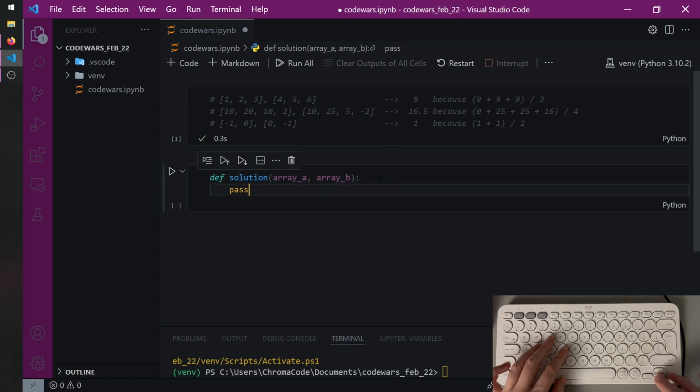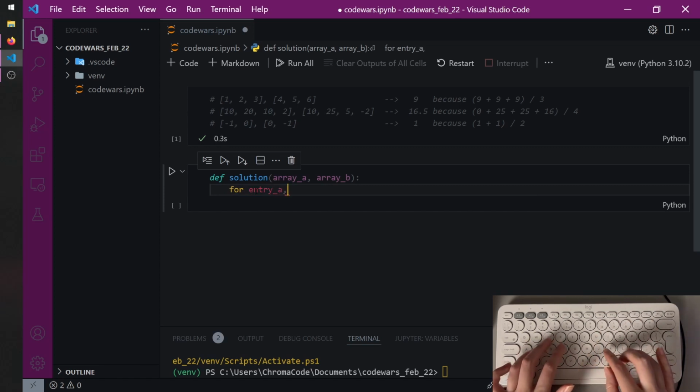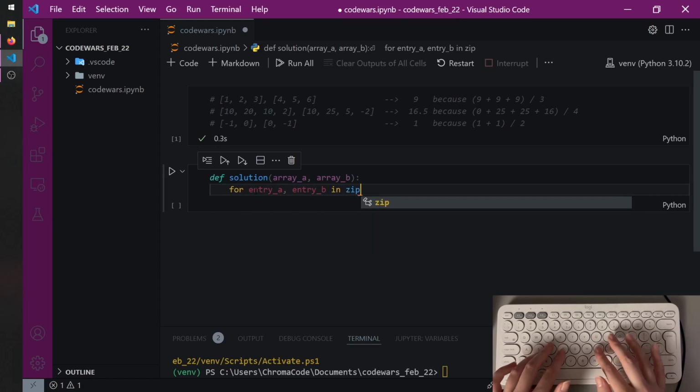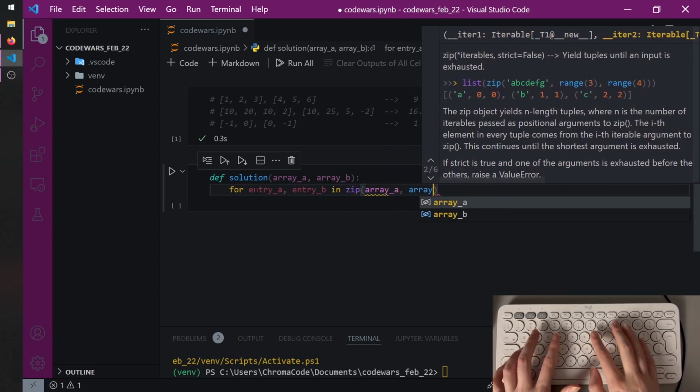Now we need to go through each array. I think there's a nice zip function for that or something like this. So I think we do for entry A, entry B in zip array A, array B,